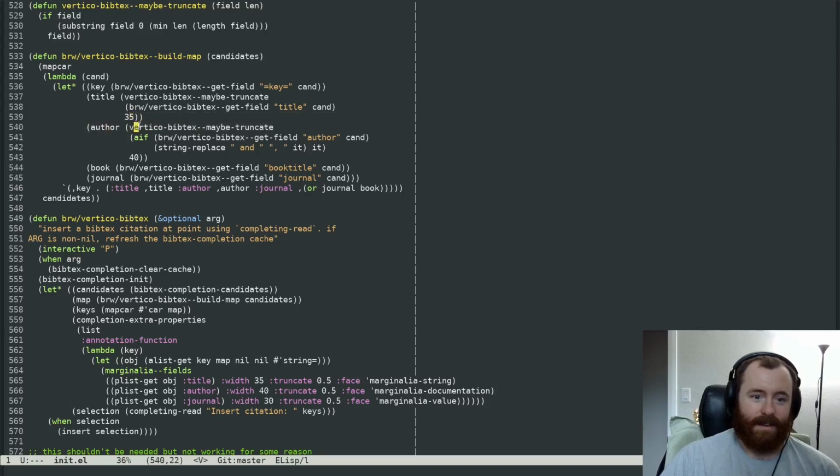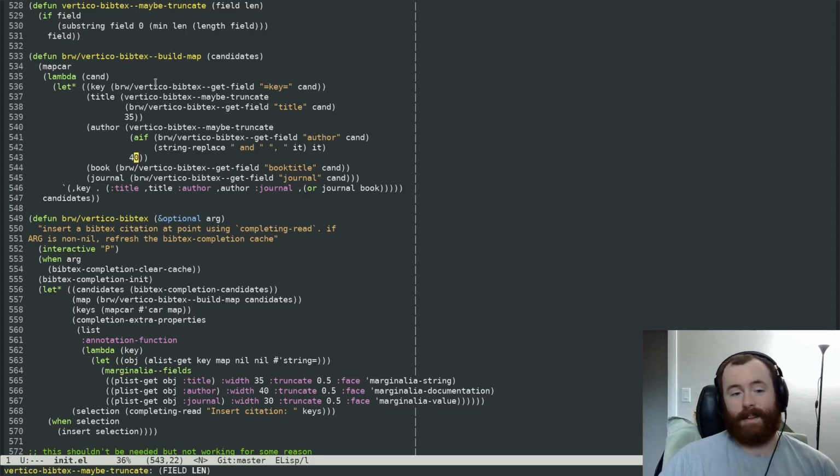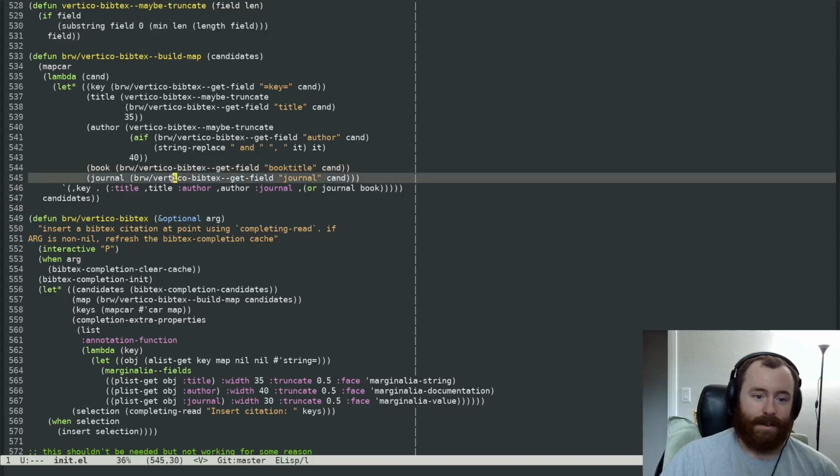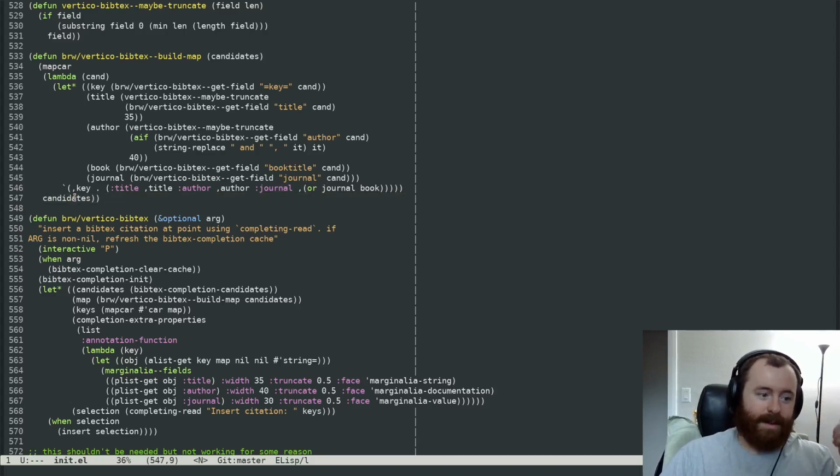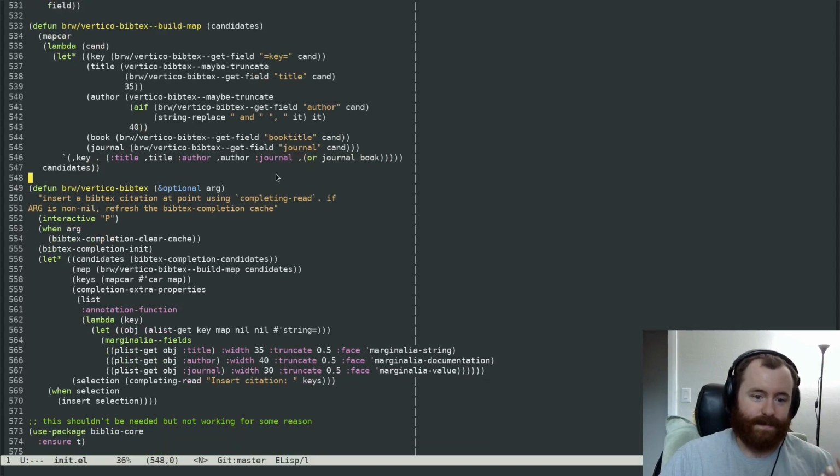Author is this. Yeah, maybe truncate because there could be a lot of authors. We do this to 40. On second thought, we might actually want the title to be longer than this, but what can you do? We look for a book title, we look for a journal, and then we basically return a list of all of this stuff. Title, author, journal. So I'm pretty sure what we do here is we convert what the bibtex package gives us into a list that looks like this, which is what I wanted to work on. So now,